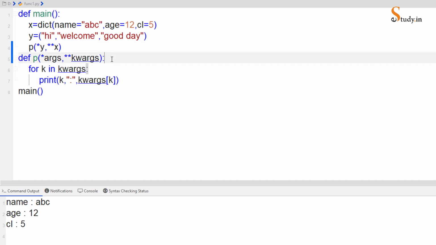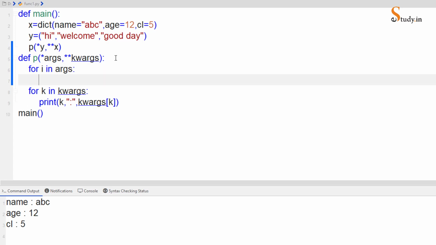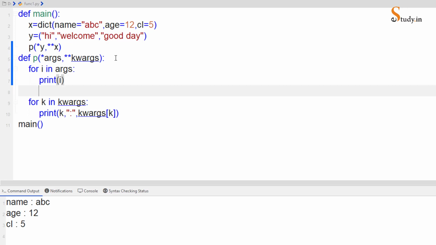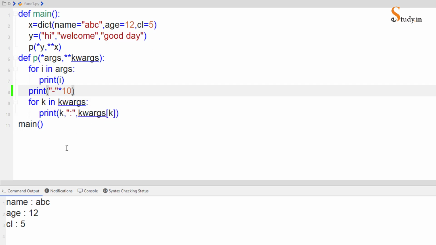Now I need to iterate through the tuple, so I'll say for i in args, and here I will print i. After printing i, just to have clarity, let me print a line, and we'll multiply the dash symbol by 10, so that we get the dash symbol 10 times.